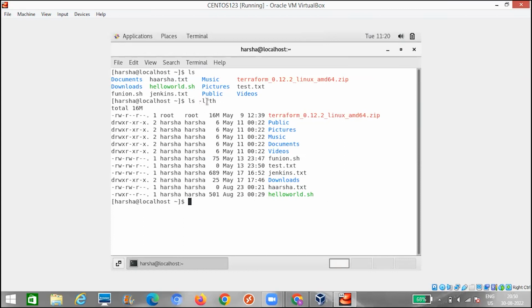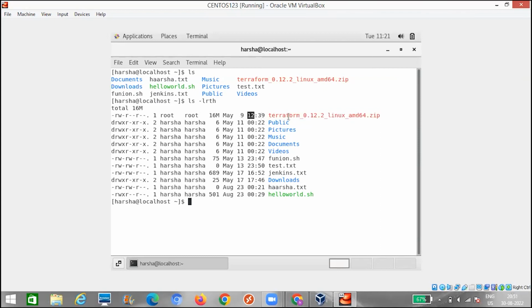What exactly does it mean? When you do ls -lrth, you get the permissions shown here for a given file or folder. These are the permissions for this file, and these are the user and the group assigned to this file, and also the size of the file, which is something like 16 MB, and the month and date at which it was created, and also the time.